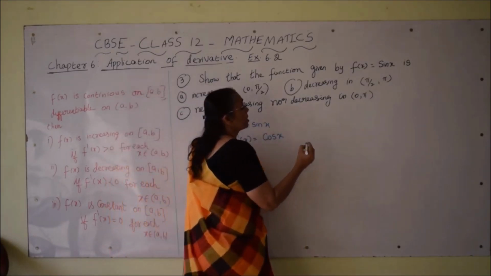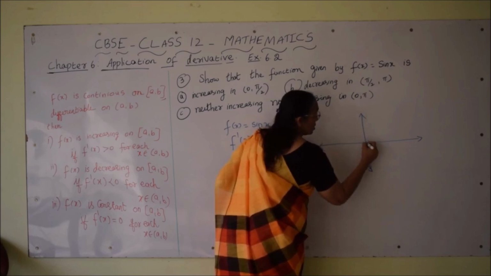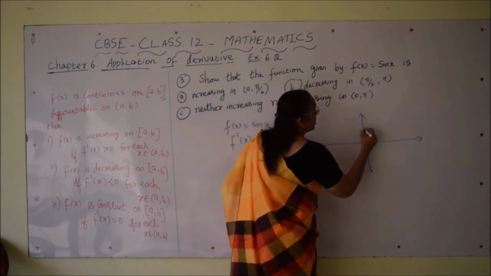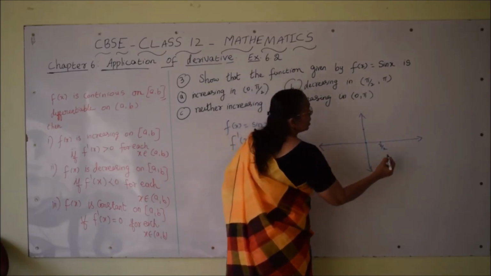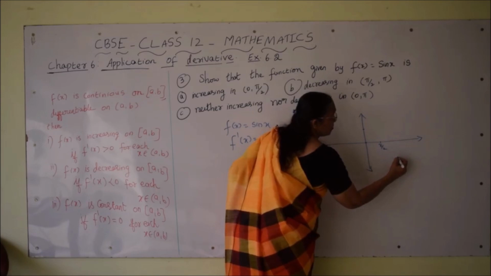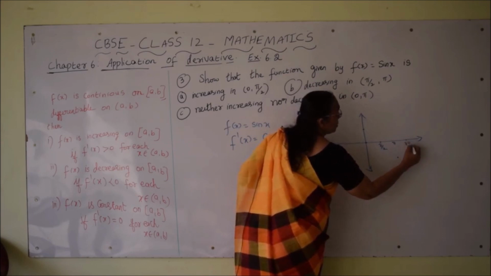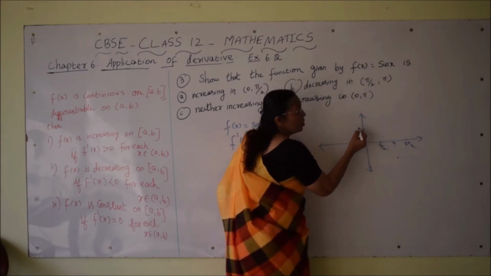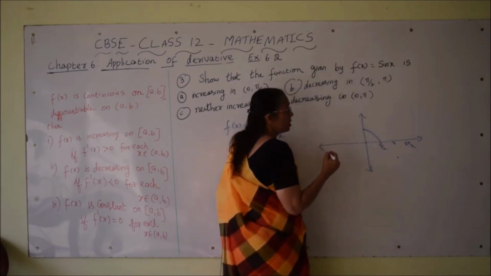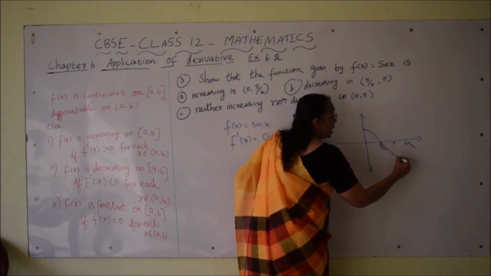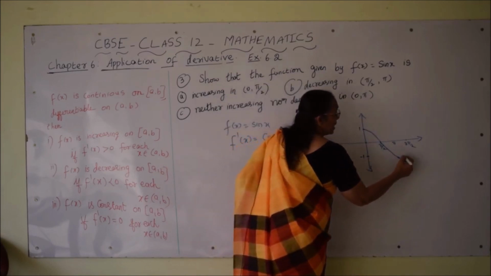So, how will the cos x curve be? Let us sketch the cos x curve. cos 0 value is 1. So, here cos 0 is 1, and cos pi/2 is 0, and here cos pi will be at this place, here pi. And again we will have 3pi/2 here. So, the graph will be like this: cos 0 has the maximum value 1, and cos pi/2 takes the value 0, again the graph will come here, and cos pi is minus 1, then again the graph will take a turn and go up.